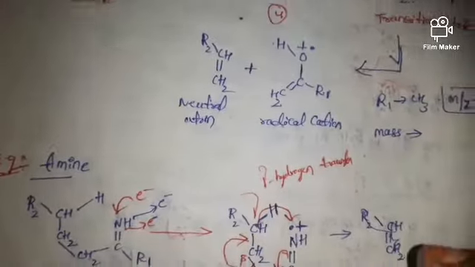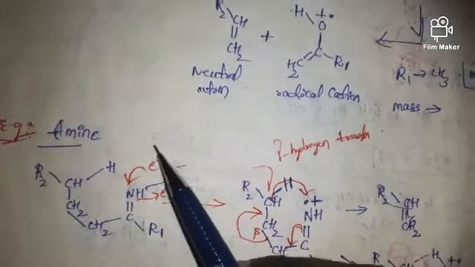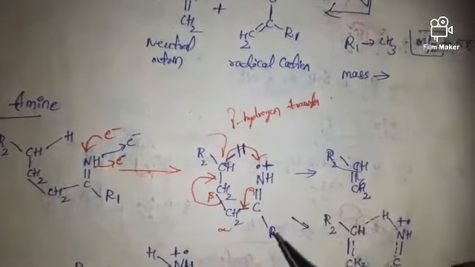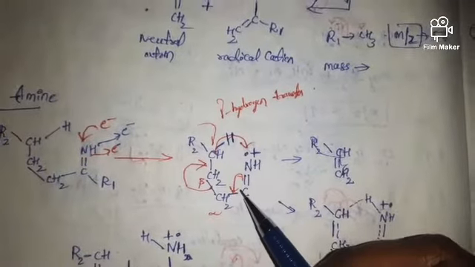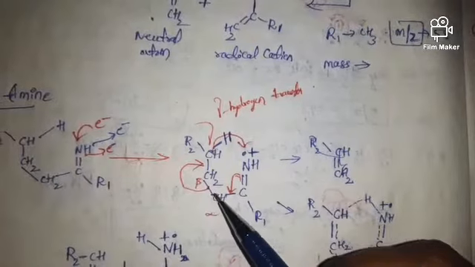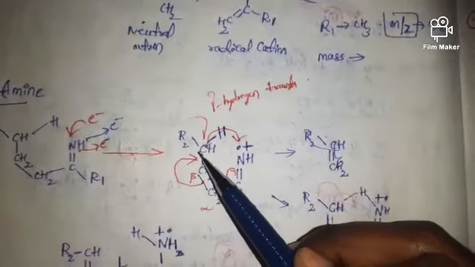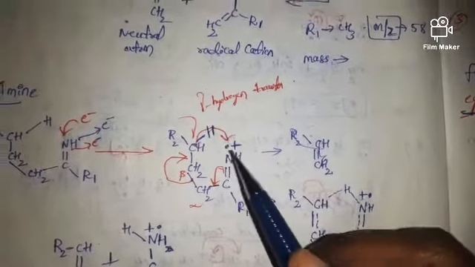Friends, let us apply the same concept in the case of amine also. This is the amine, friends. Here the bombardment will occur, and finally we have to represent this nitrogen like this, as a radical cation. This double bond will move towards this side. This is alpha, beta, gamma, so the bond between alpha and beta has to cleave, so this bond will move towards this side. Here the double bond will be formed, and here the bond has broken. This gamma hydrogen will shift towards this heteroatom.